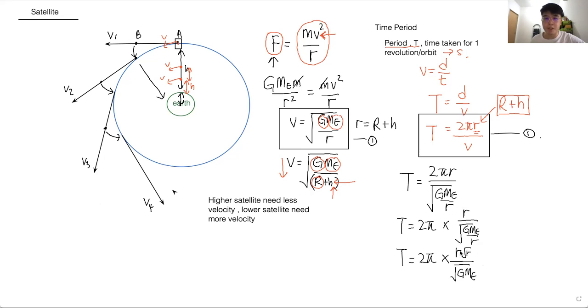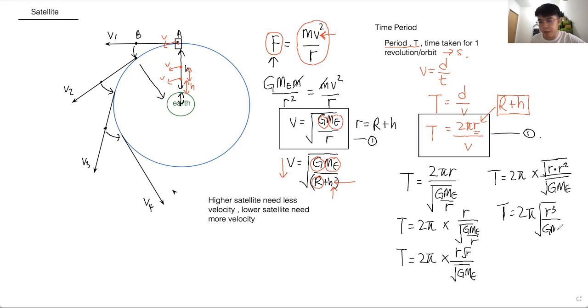Until here, what happens to this? R and square root r, 我把它放进那个 square root。OK，所以我拿到 T 等于 2 pi 乘这个 square root of r times r squared, divided by square root GME。